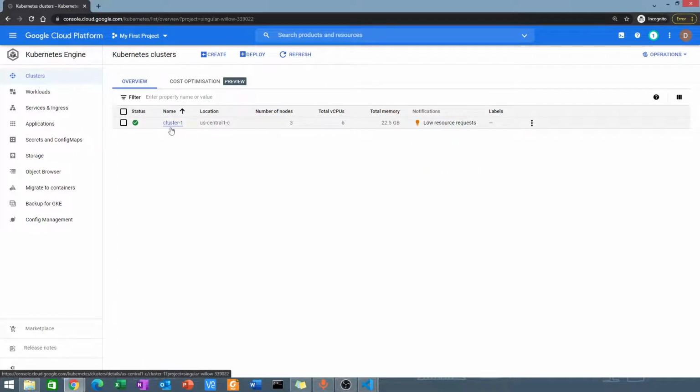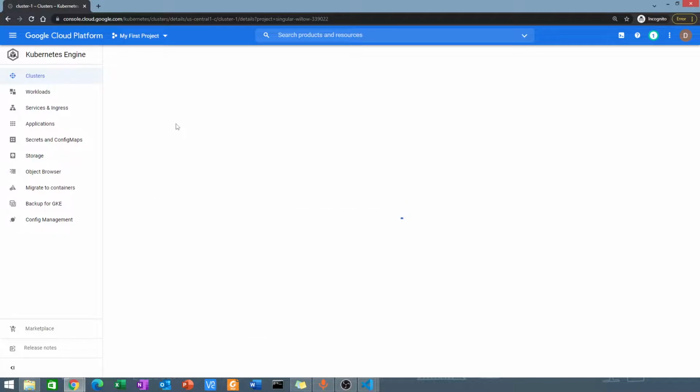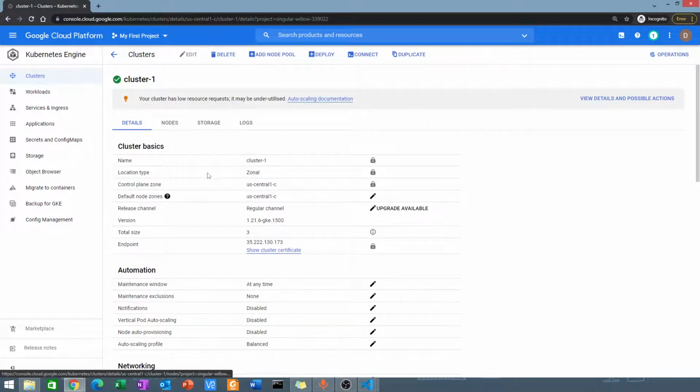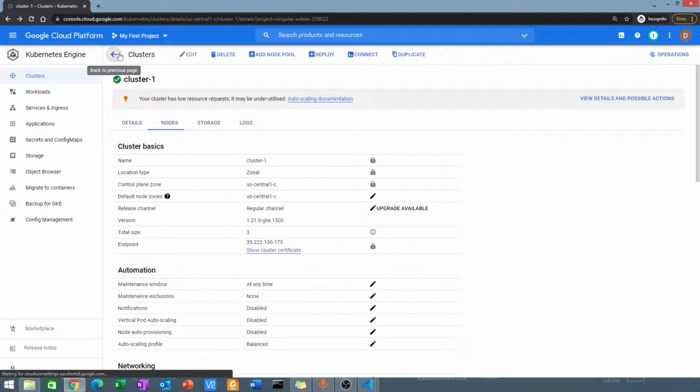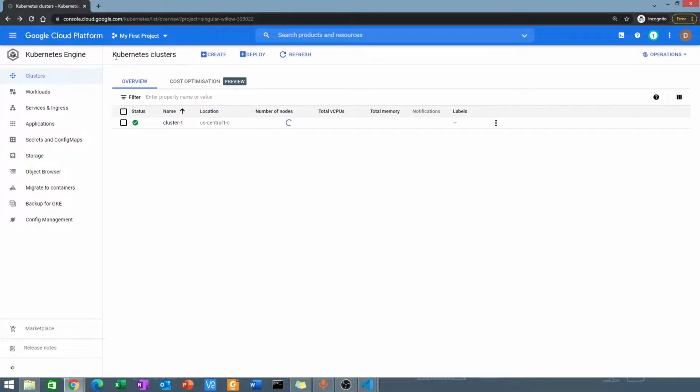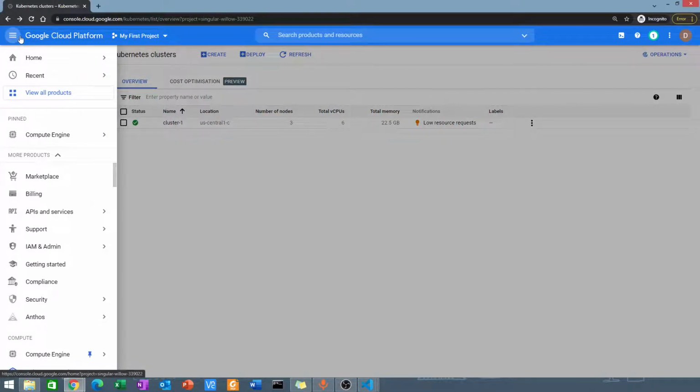So if I go ahead and open this cluster up, you see some configurations, and you see the nodes also, the different nodes, and the memory that has been currently allocated to each of the nodes, right? All right, so we have set up our Kubernetes cluster. If you want to delete your cluster, just click the 3 buttons here and then click delete. So let's go ahead and set up